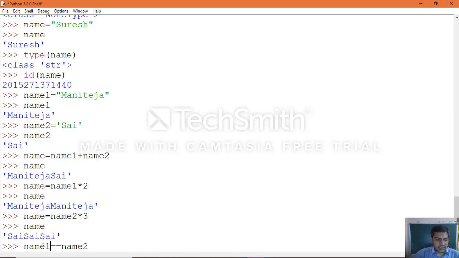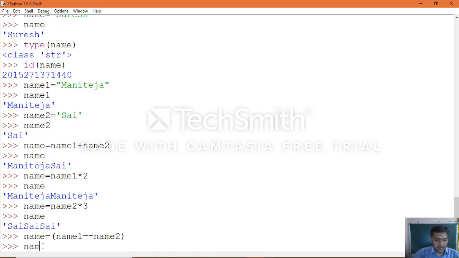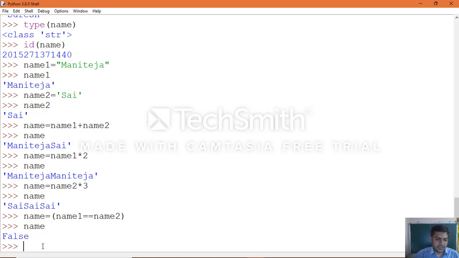Assign it to name, then print name. It gives false, because name1's value is not equal to name2's value.